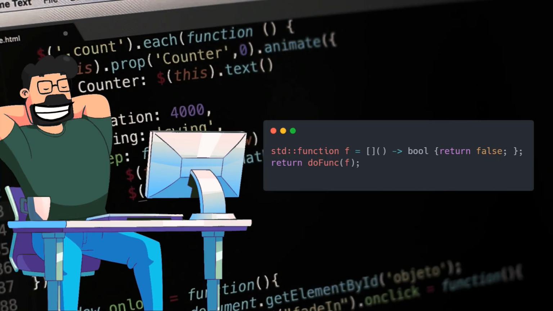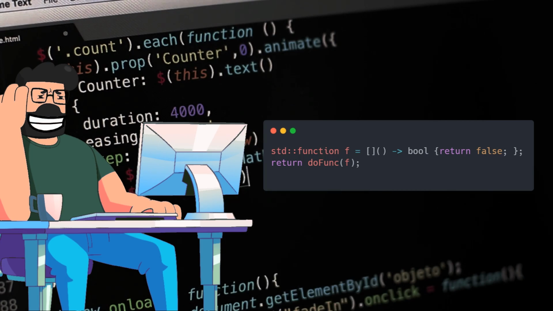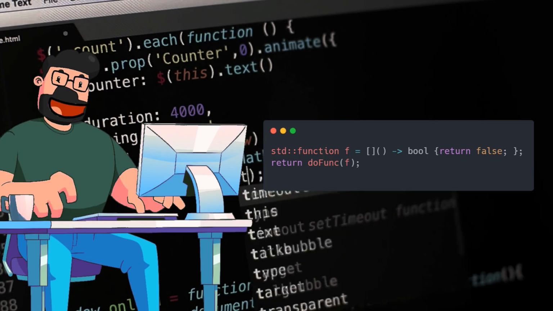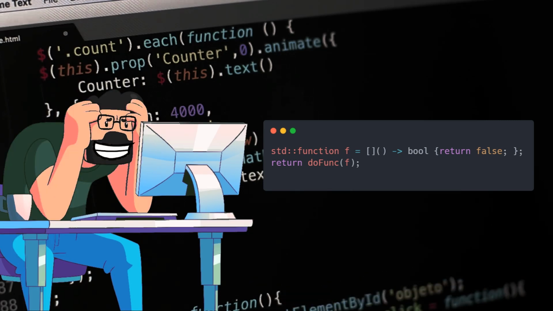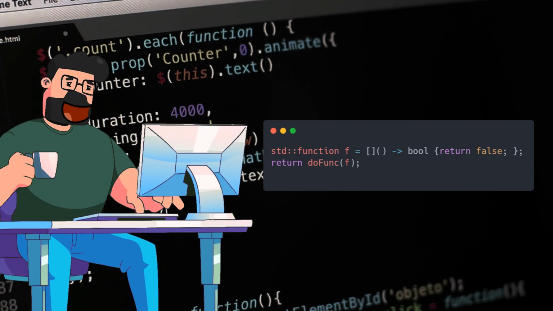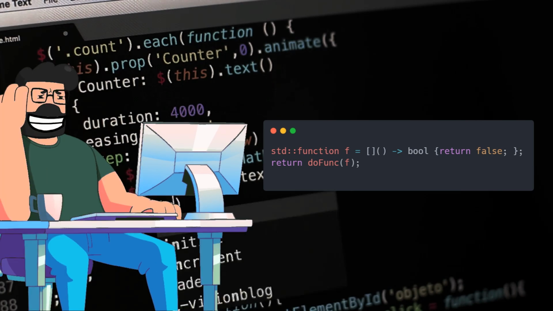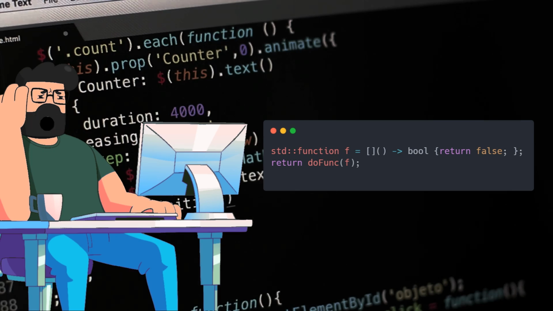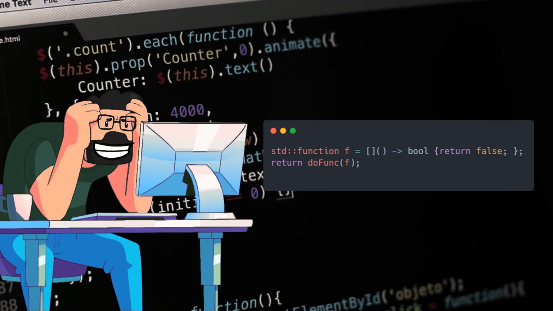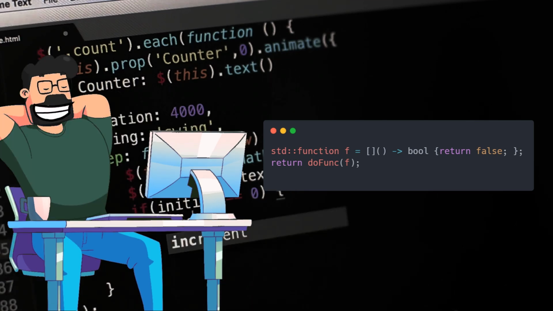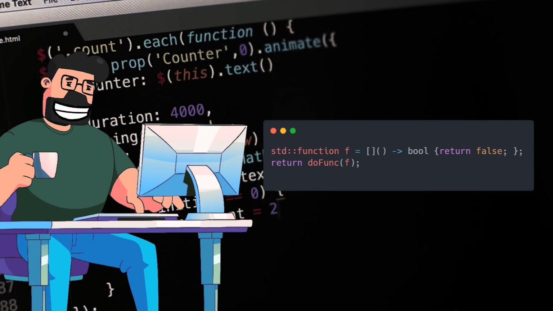In such scenarios, one effective approach is to assign the Lambda function to a std-function variable. By doing so, the compiler is compelled to deduce the precise type of the std-function, thereby resolving the ambiguity. The code snippet that accomplishes this involves creating a std-function variable f with the Lambda function, followed by passing f to the dofunc function. This simple yet strategic move aids in clarifying the type of std-function required, ensuring the code